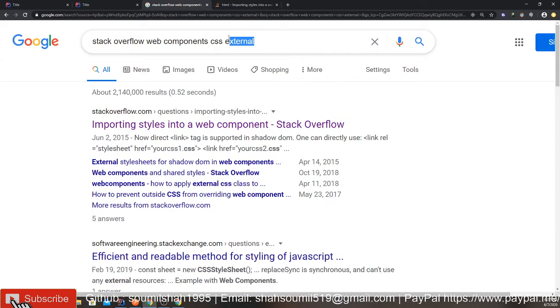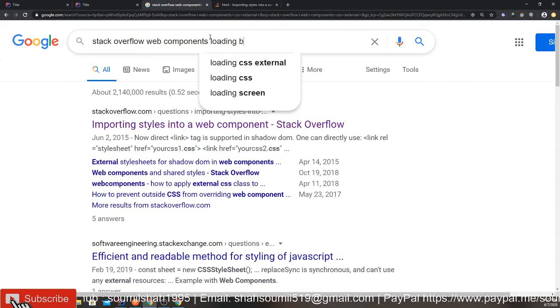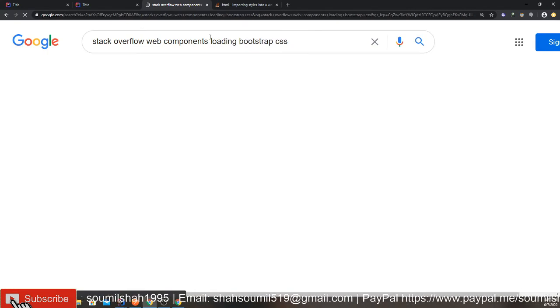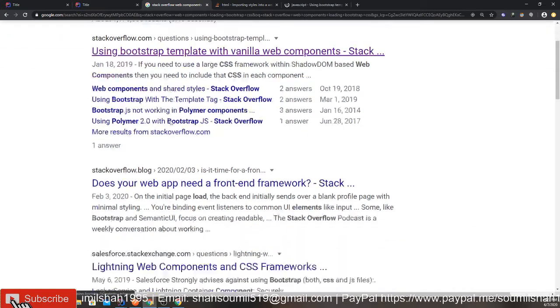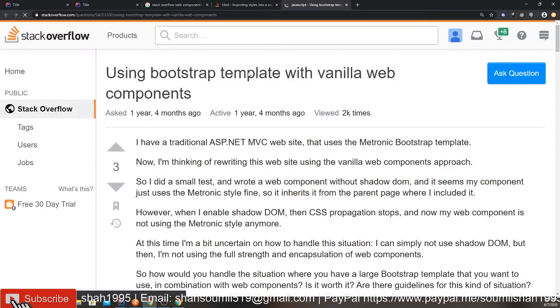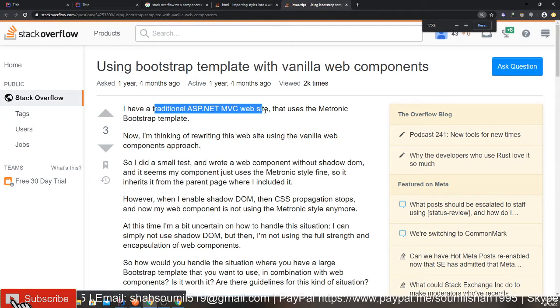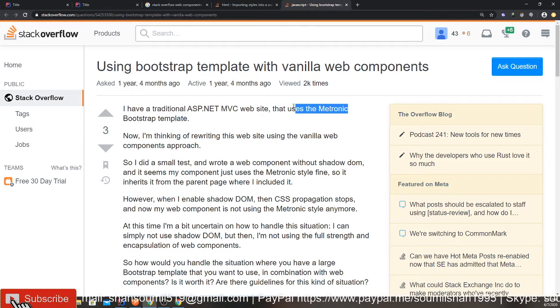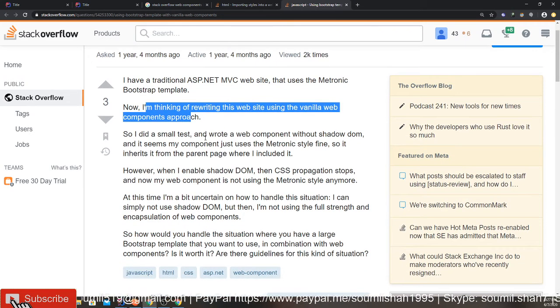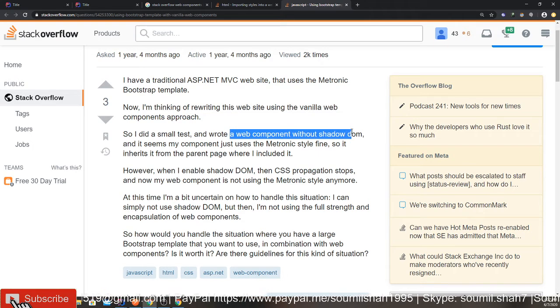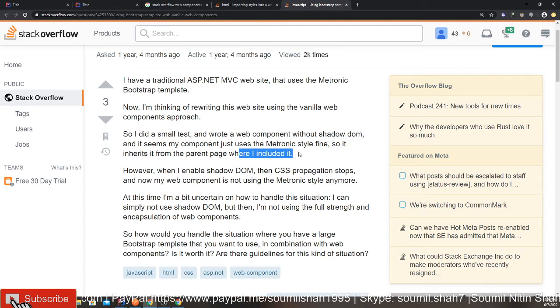Oh yeah, I think this was the one. Here is the discussion. It says, I have a traditional ASP.NET website that uses a Metronic Bootstrap template. Now I'm thinking of rewriting this website using a vanilla web component approach. I did a small test and wrote a web component without the shadow DOM, and it seems my component just uses the Metronic style. It inherits from the parent page where it's included.